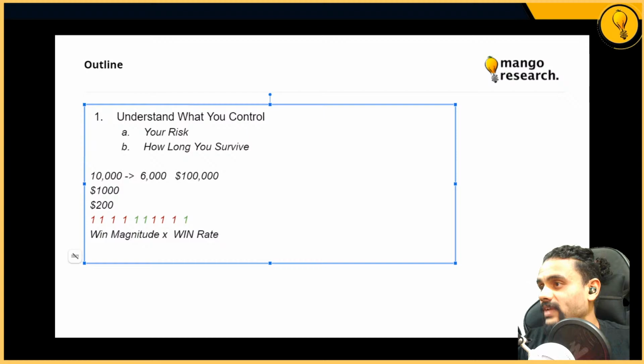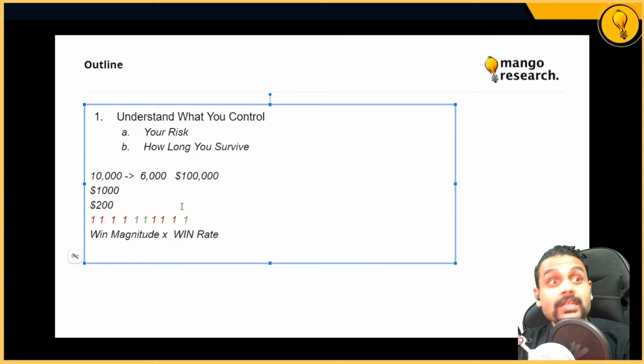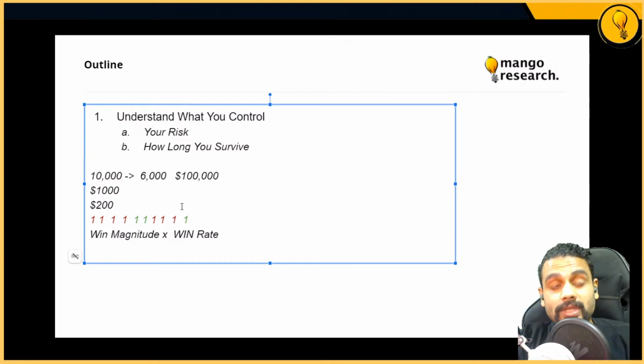Makes sense. Can you give an example? So what do you mean by example? Do you mean an example of how you would do this? So firstly, you would not want to put on $1,000 risk if you have only $10,000, right? The reason I started with this is to show you guys what you should not be doing. You should not be doing this.